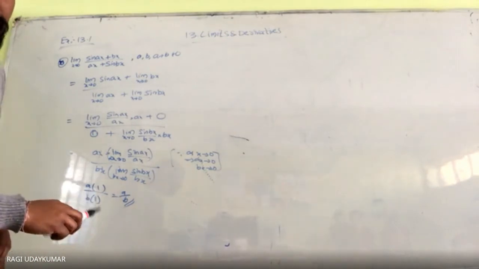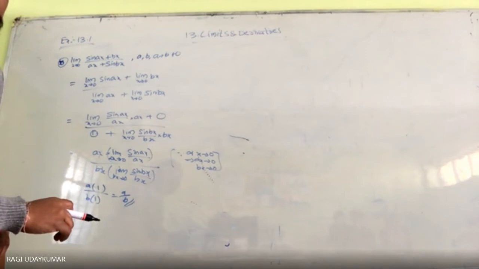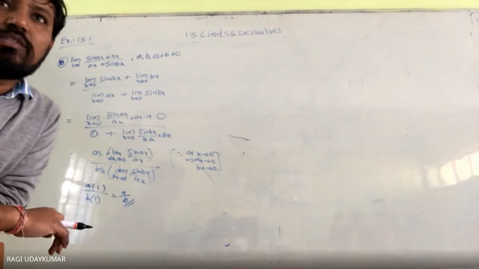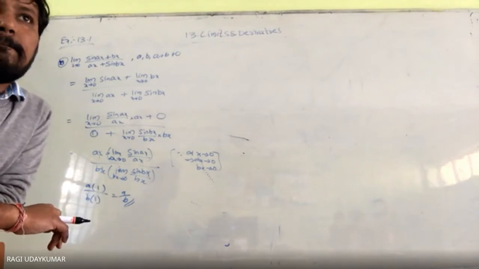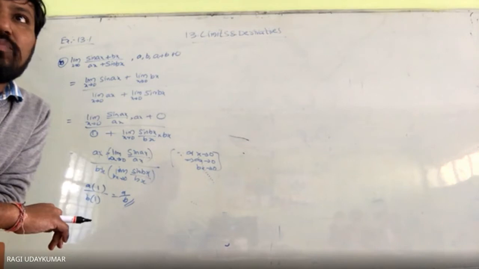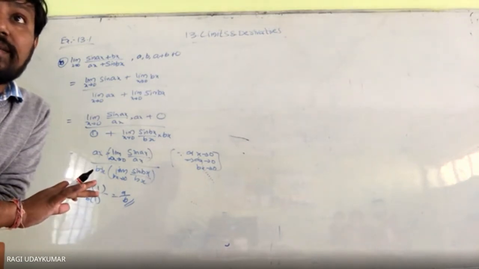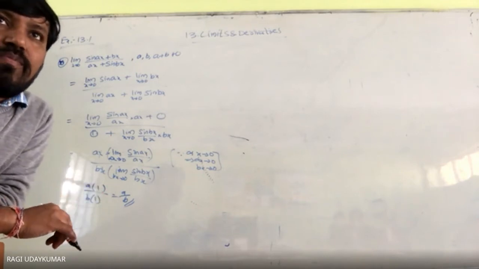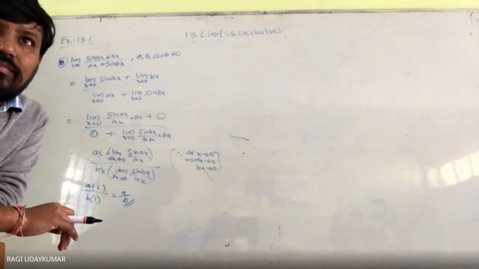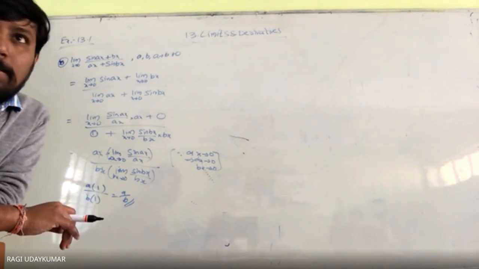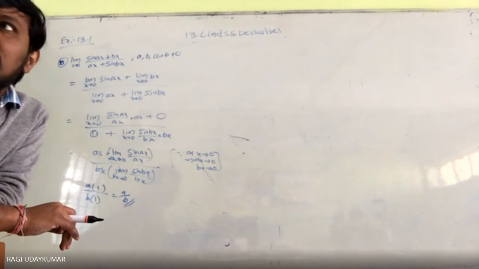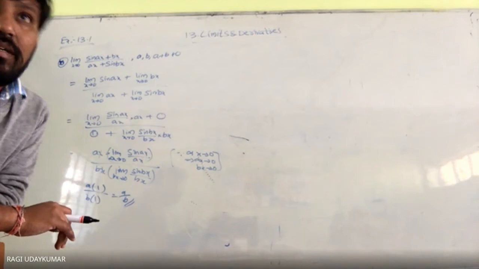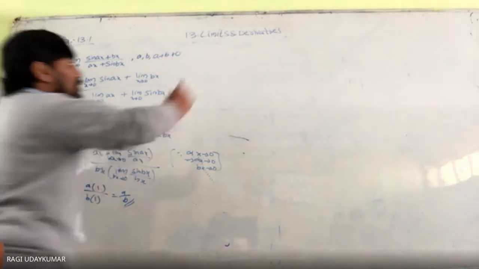At the 21st problem, you see that. 21st is limit x tends to 0 cosec x minus cot x. What is cosec x minus cot x? Cosec x tends to 0, cosec 0 what? It is undefined. Cosec 0 is undefined, and cot 0 is also undefined. So it is undefined here. So in this situation, what to do?